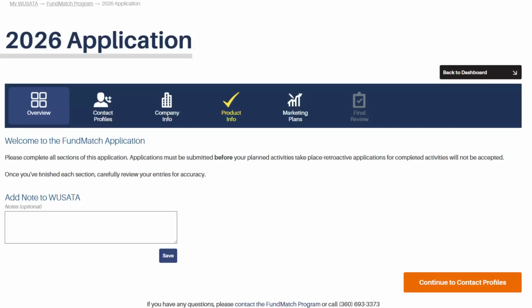The first section you'll see is the overview. Take a moment to read through all the instructions carefully, as they'll guide you through the application process. You'll also notice there's a space where you can include notes for the FundMatch manager. This is optional, but it's a great place to add any additional context or information you'd like us to review along with your application. Once you've reviewed the overview and added any notes, you'll click Continue to move on to